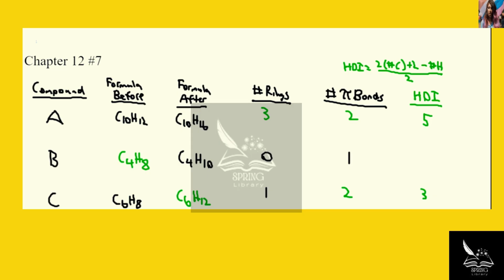That's all of the information in our table. And that's the way to approach this problem. I think we just need to calculate the hydrogen deficiency index when we're given a starting formula, and then use that in conjunction with the other information that we're given to determine the pieces of information that we need to fill in. And that's the answer to chapter